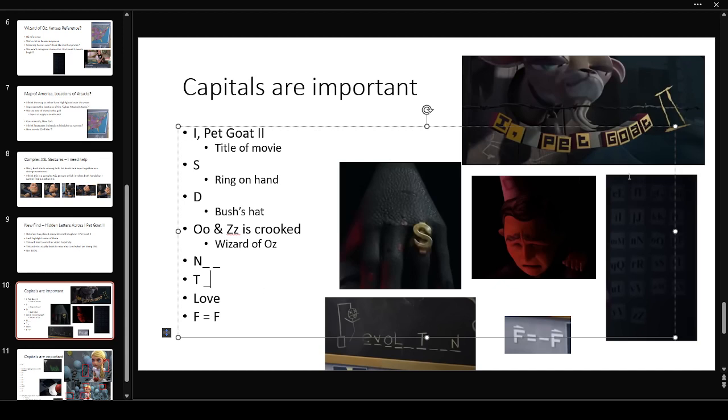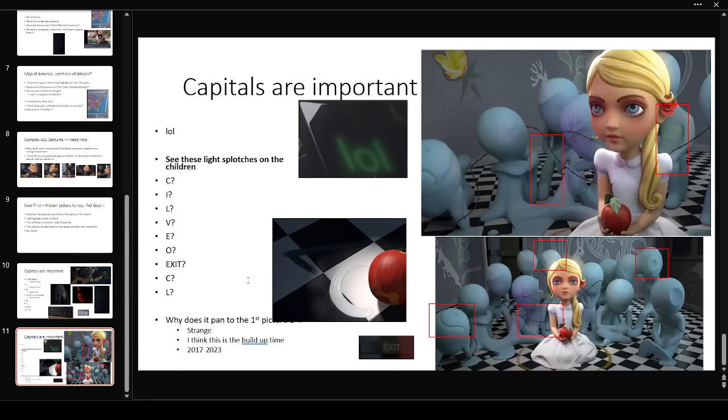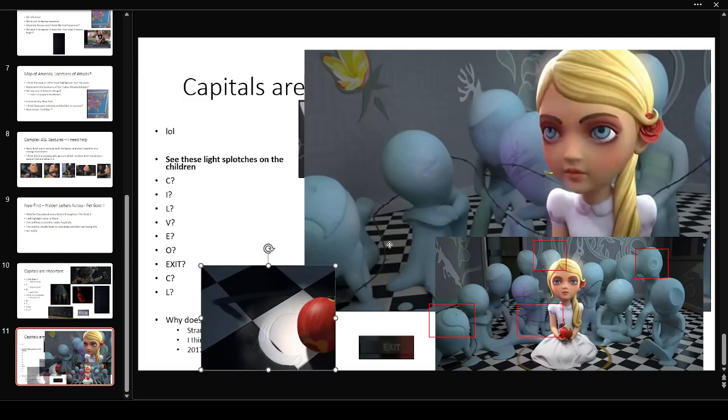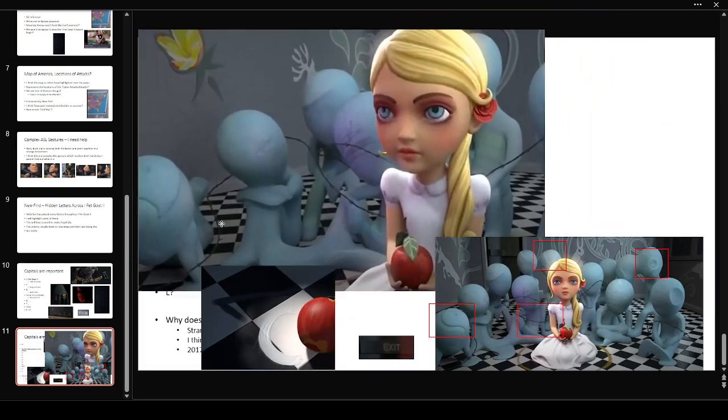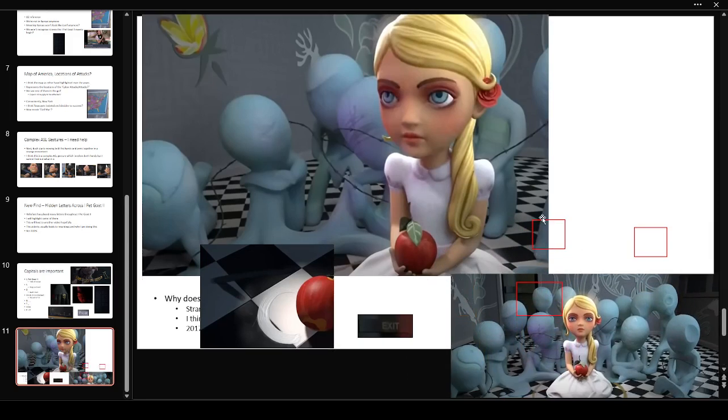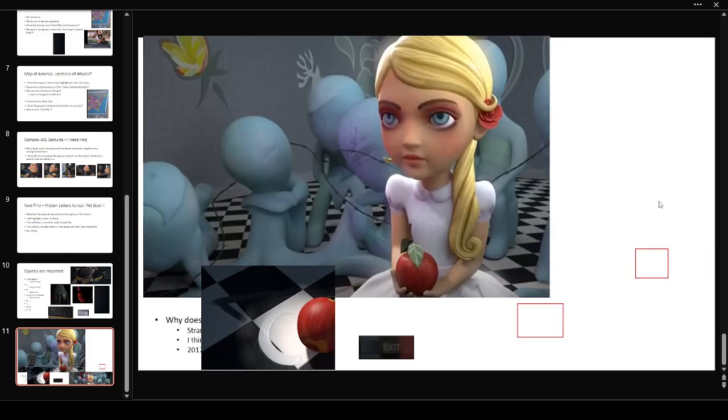We have F equals F underneath the chalkboard. We have LOL that shows up after Obama comes in. And this I've found that I've never seen covered before. I'm going to just take a few minutes here to show you guys this, okay? Because I found it very strange. First off, I've always found it strange that in this scene,